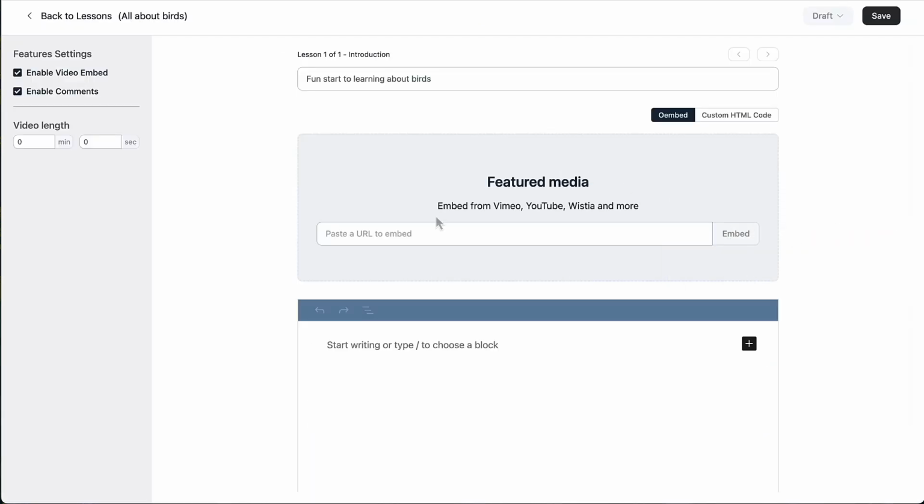Okay, so you can embed a WordPress oEmbed for YouTube or Vimeo or other video hosting services. You can add custom HTML code if you want to embed maybe a quiz or something from an online option where that gives you an embed code. Okay, I'm going to paste in the share URL for a YouTube video, and we'll click embed,